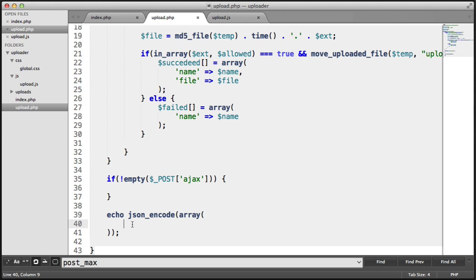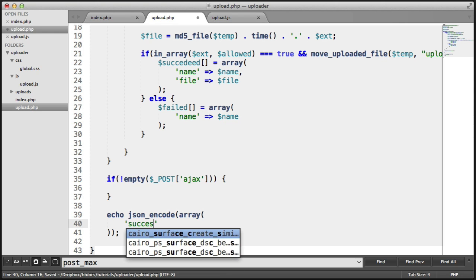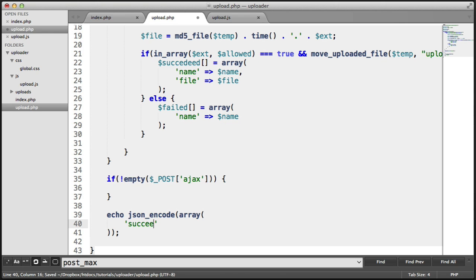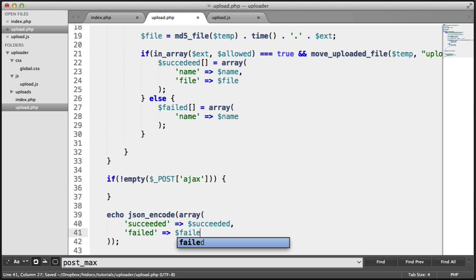Now with that JSON string, we're going to be using this in the AJAX part of things to actually upload the file. So I'm going to output succeeded and failed rather as failed. So we're going to place this in a moment inside of here, and the reason that we're doing